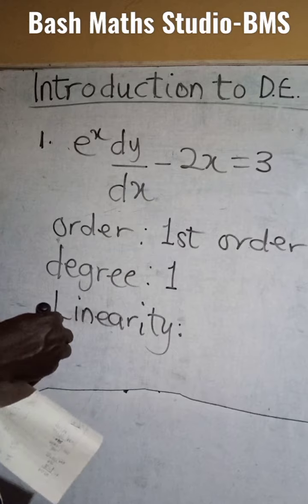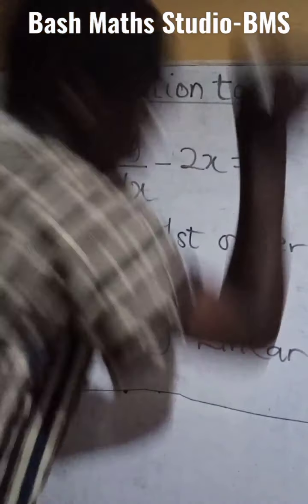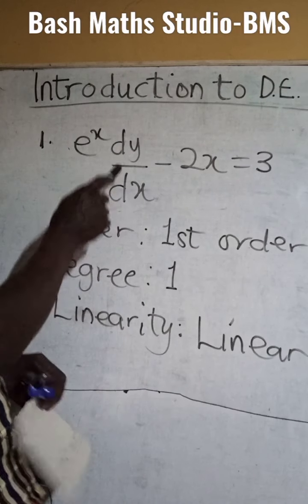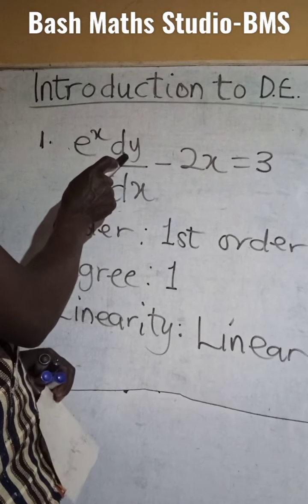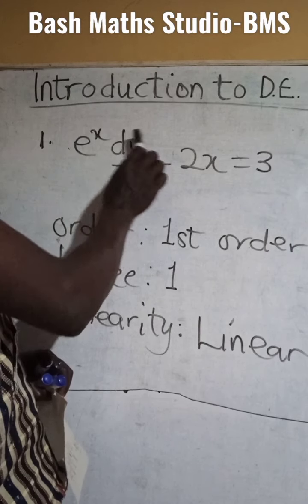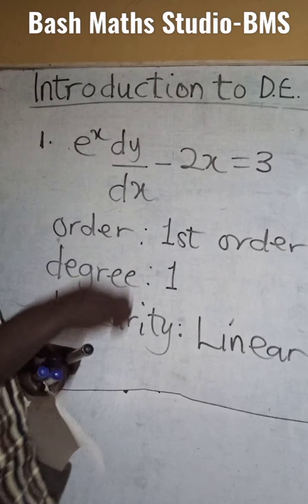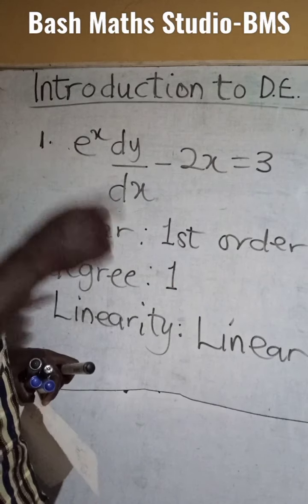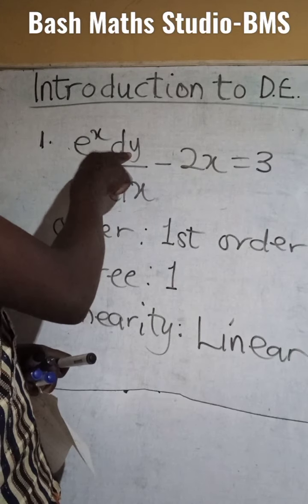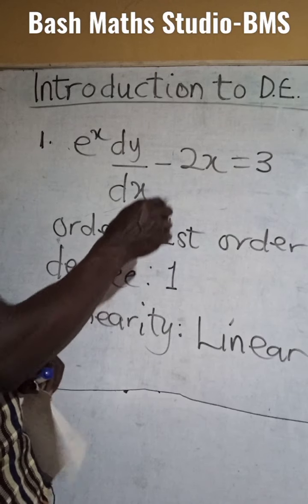It's linear. So I'll explain why it's linear. This equation is linear because the unknown function, or the dependent variable, is of degree 1. So as long as the dependent variable is linear in terms of its derivatives, we say that this equation is